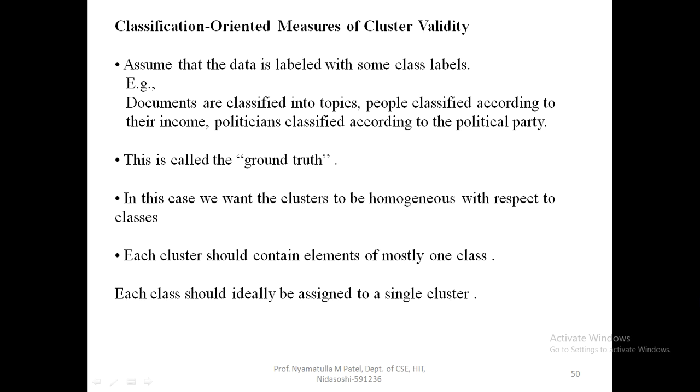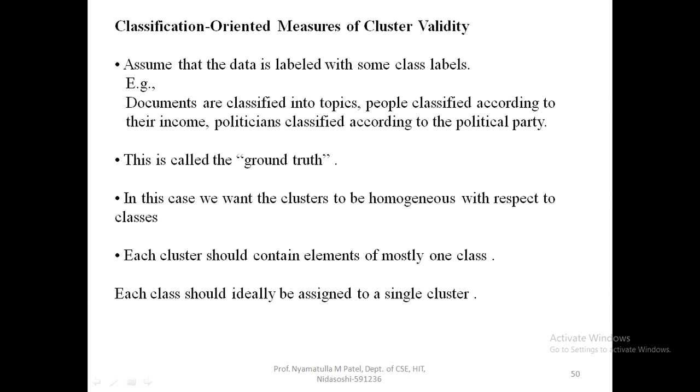So, assume that the data is labeled with some class labels. For example, documents are classified based on the topics. Or, you are given documents classified based on topics, people classified according to their income, so the people can be classified as low income group, medium income group and high income group.